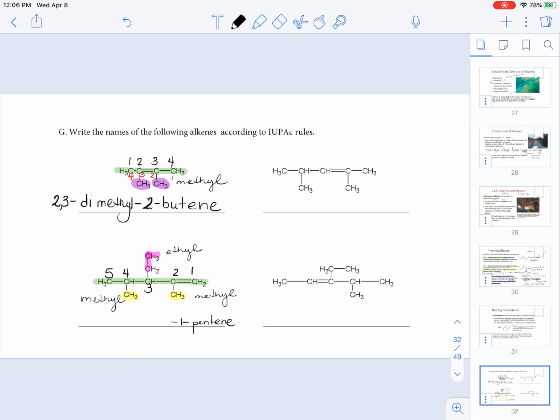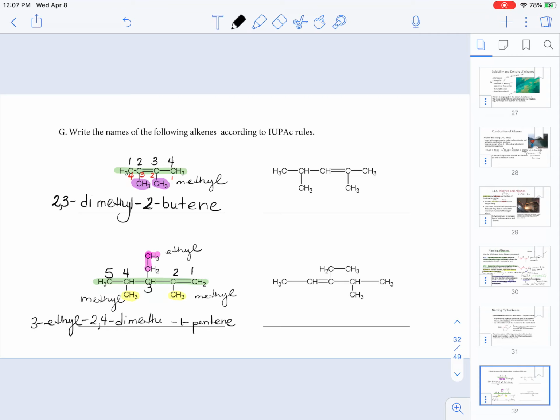So when we are incorporating this into the name, remember that we have to put these substituents in alphabetical order. The one that comes alphabetically first is ethyl. We give the location of that ethyl group, which is at position 3 in our longest carbon chain. Then we give the position of the methyl groups. One is on 2, one is on 4, and since there are 2 of them, we're going to say